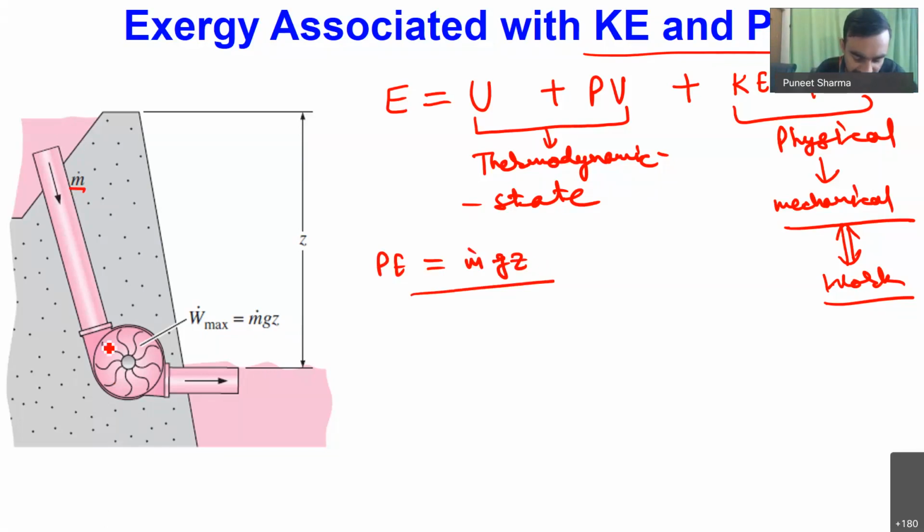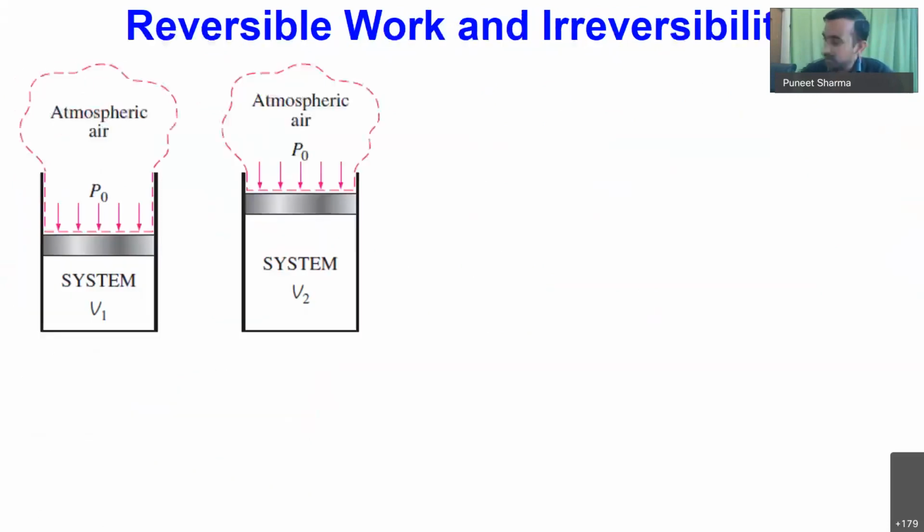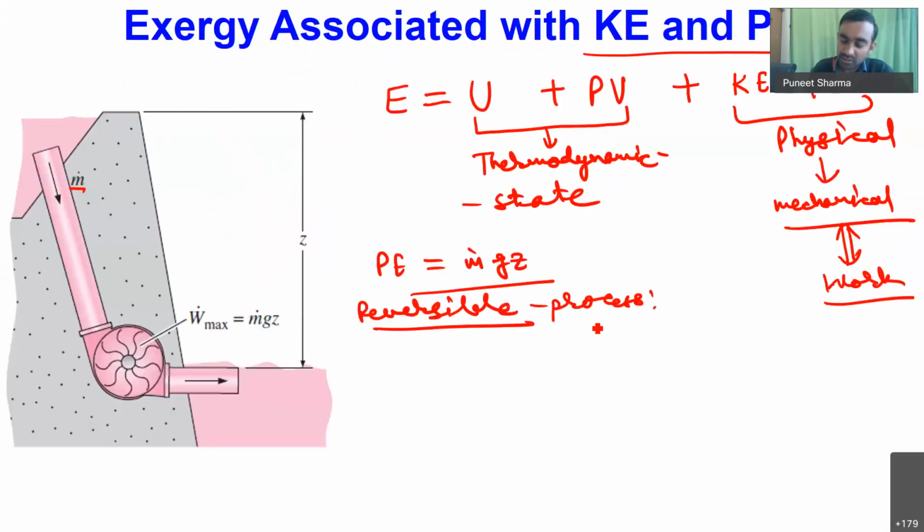Now if we use a turbine over here, and I consider a completely reversible situation, because when we talk about exergy we have to talk about the maximum content of energy that can be converted into an equivalent amount of work. That's why we always consider the process to be reversible when talking about exergy. In a reversible process, we will not have any losses.